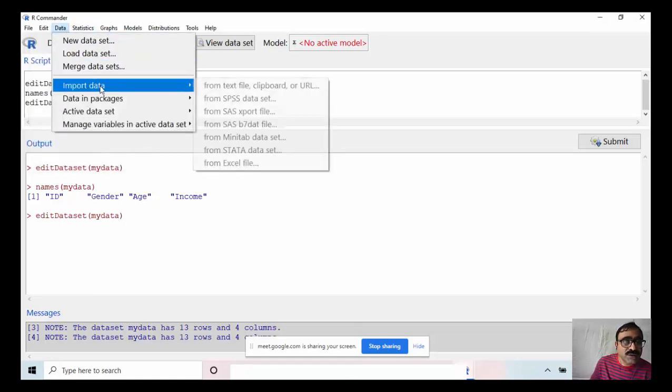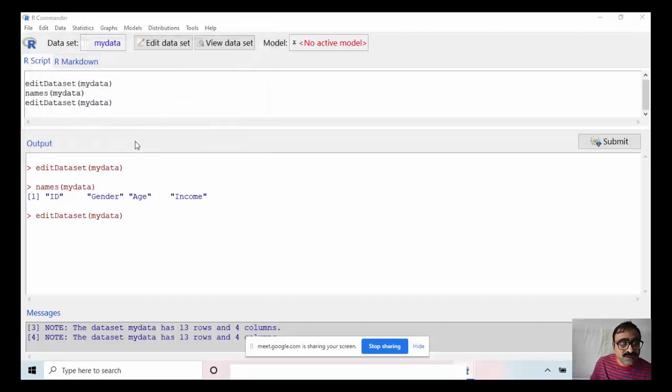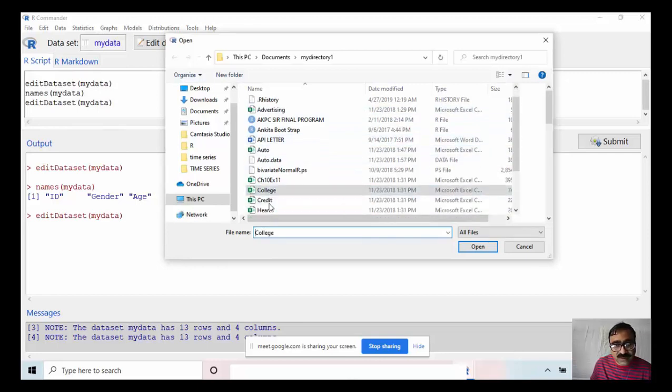So data, import data from Excel file. Then the data set. OK. Then select college. Then open.